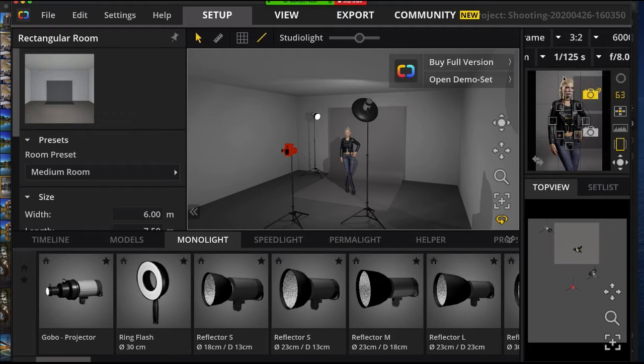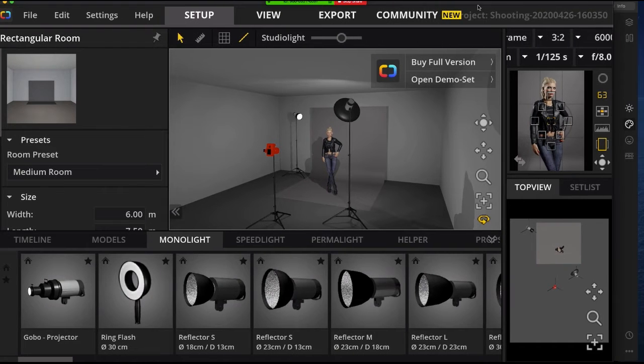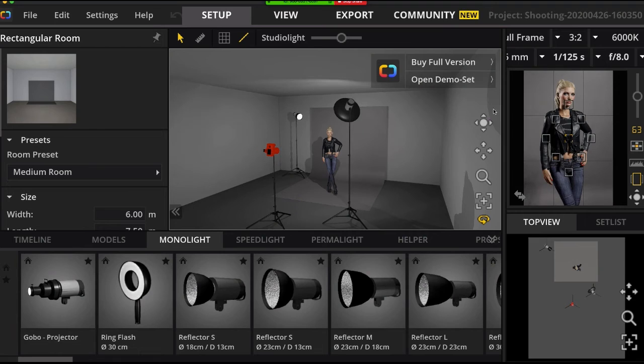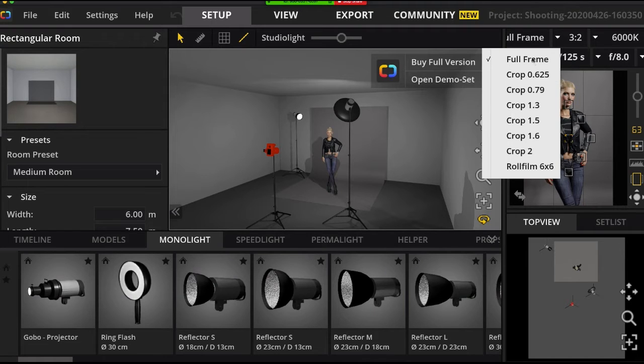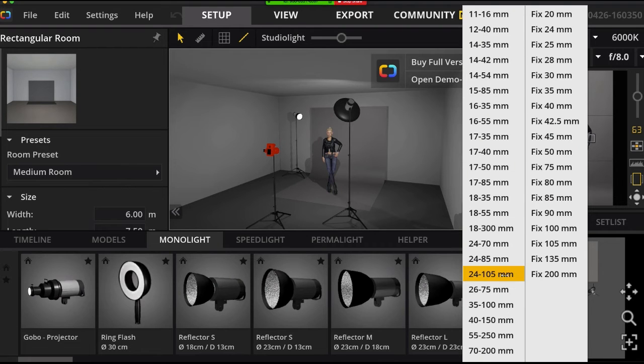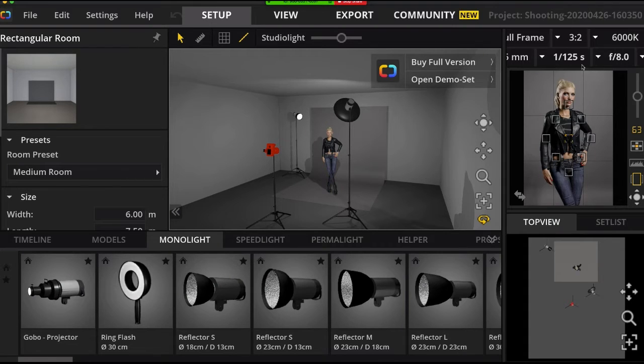So basically on the right side in here, it shows the camera. Let me adjust in here. It asks what kind of camera you have, full frame or crop body. I say full frame, and it asks what lens you're using.